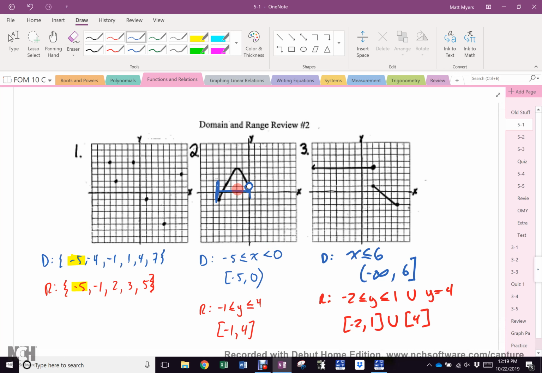Now, of course, in 3, my biggest value is 6, and then it just goes down forever because of that arrow. So that means all my x values are less than or equal to 6. If you left it as a dot, then it would be 1, 2, 3, 4, 5, 6, 7, 8. It would be -8 less than or equal to x less than or equal to 6. And -8, 6. If you left it as a dot. If you left it as an arrow, which I thought it was pretty clear that it was an arrow, but